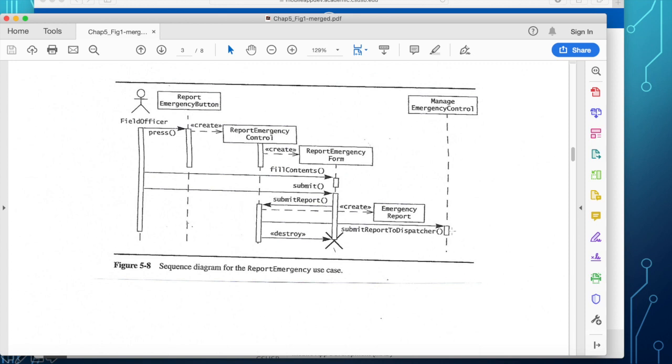And then the next phase of this sequence diagram is what happens on the dispatcher side. Okay, so let me stop here, and I will show you what happens on the dispatcher side. Now, notice here that all the objects you are looking at here could be classes or components or packages in your software architecture. For now, you're just identifying them as objects,